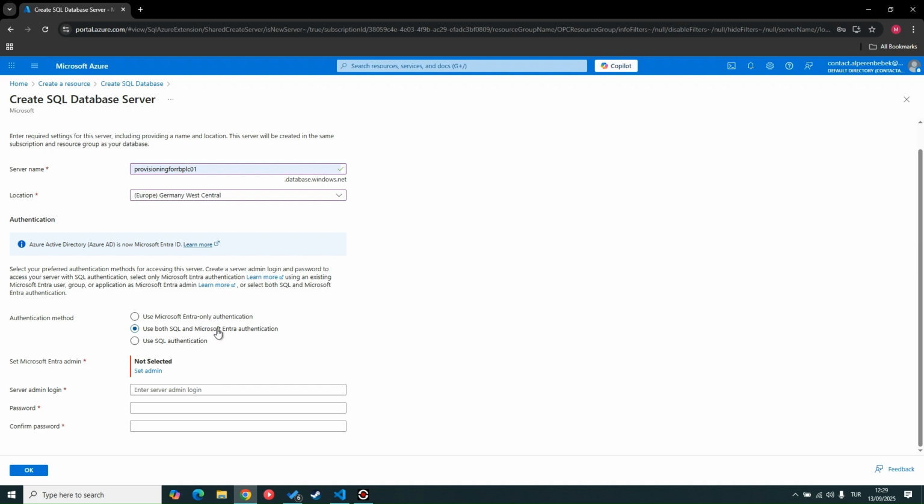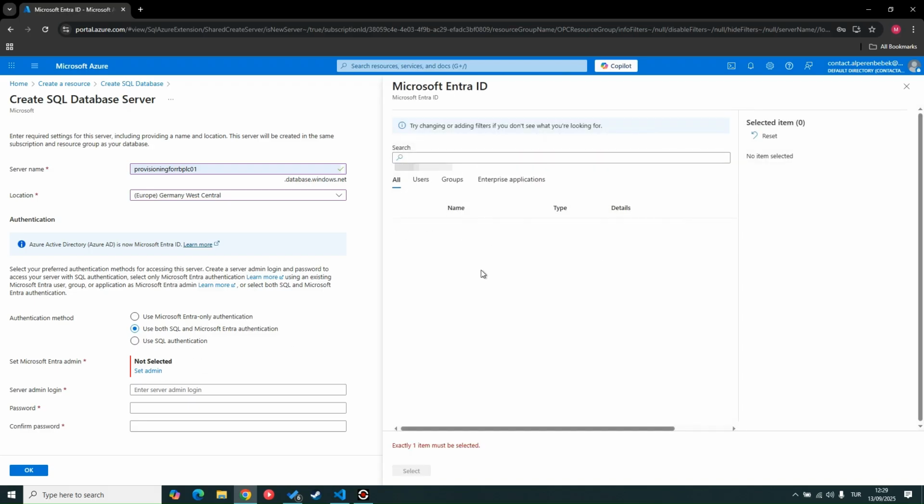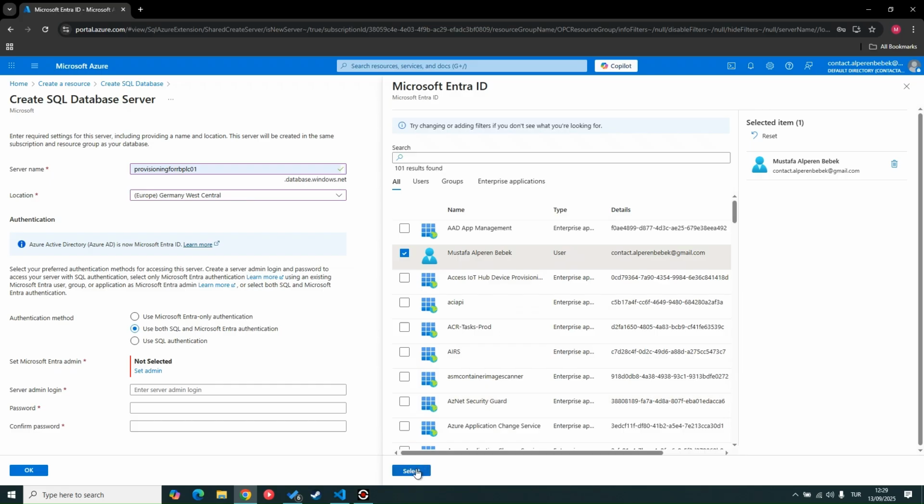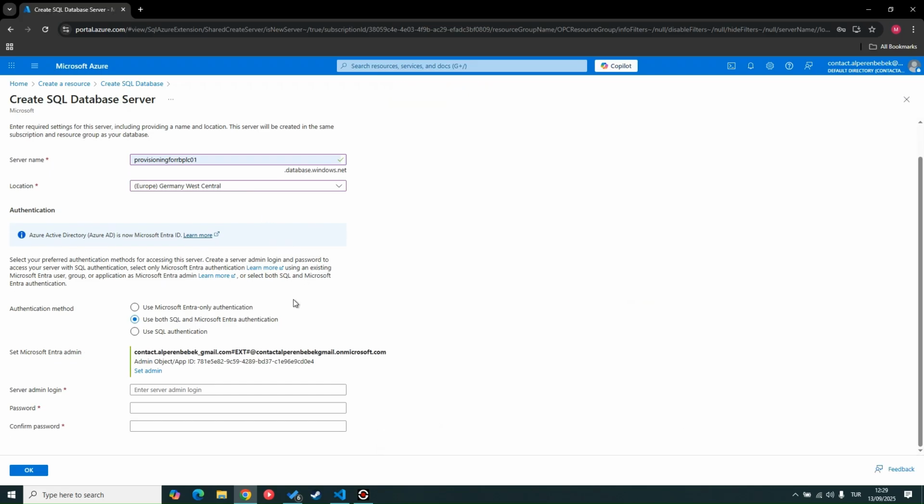Microsoft Entra is a new type of authentication. Usually acts like your fingerprint, basically. You would choose yourself as admin, and all you have to do is put your own personal email and password, and you will automatically get into your Azure account. It's a new good feature, but it might create certain problems on Python code, so that's why we use both SQL and Entra authentication. You will put a name on this SQL authentication, PLC to cloud,